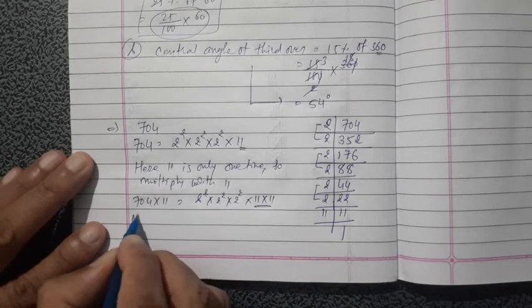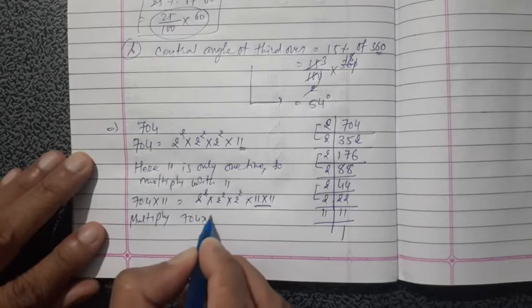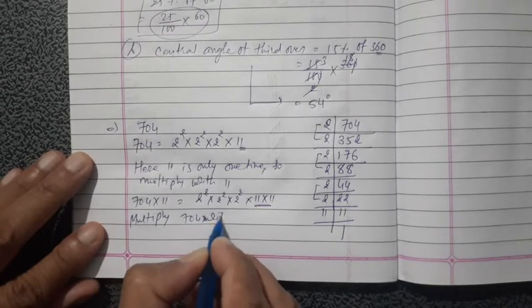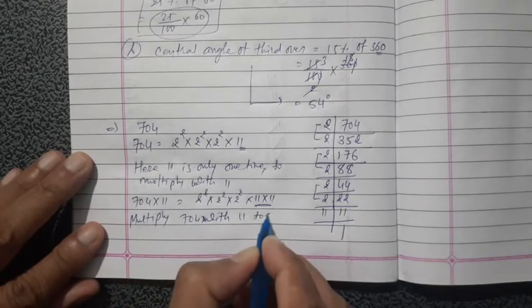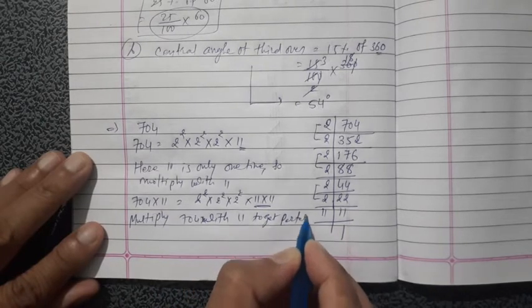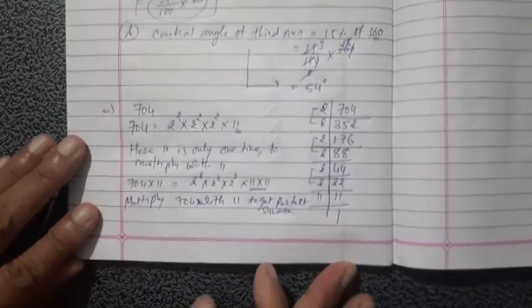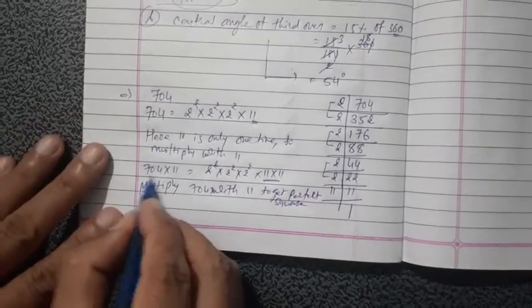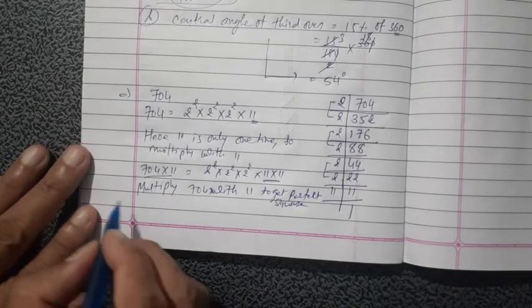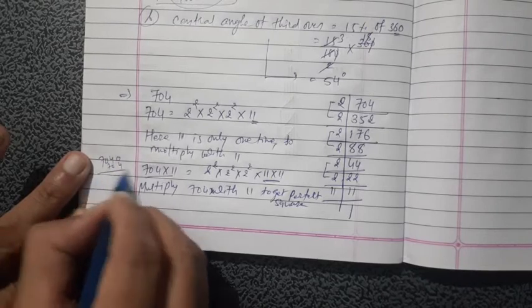Okay, so multiply 704 with 11 to get a perfect square number. Okay, perfect square. Then find out the square root of that one. So what to do? Multiply with 11. So 704, okay, multiplication is